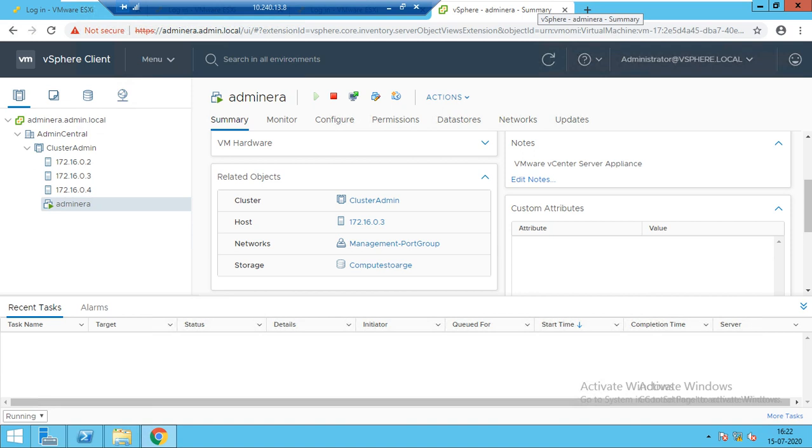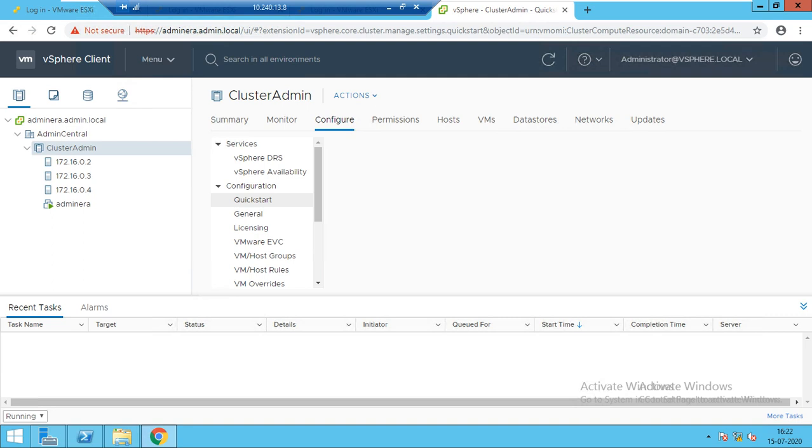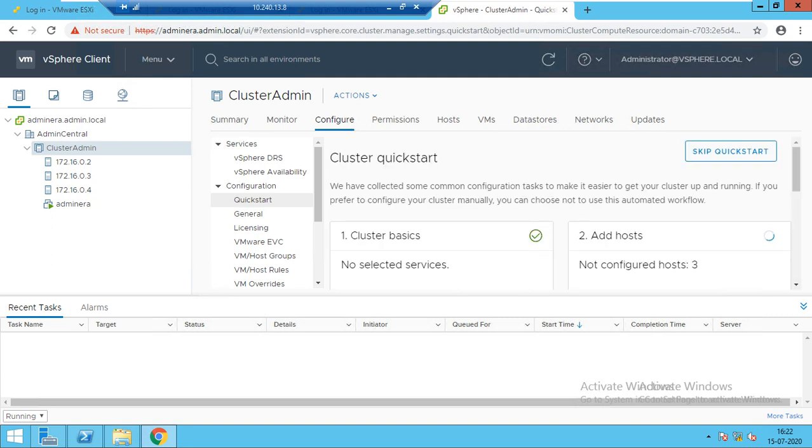So what do we do now? Now we'll configure HA and DRS. So first thing, what is HA? HA is nothing but high availability. When you go with HA, if one machine is down, your infra should not go down.